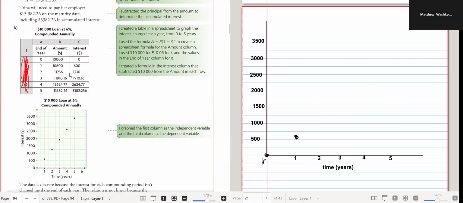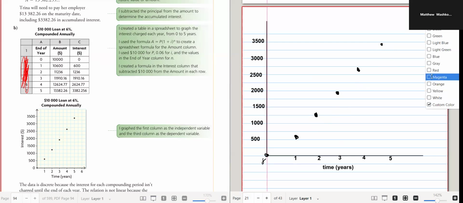Year 1, 600. Year 2, 1,026. Year 3, almost just shy of $2,000. So about right here. Year 4, 2,600. Year 5 was almost 3,400. So if I do that here,